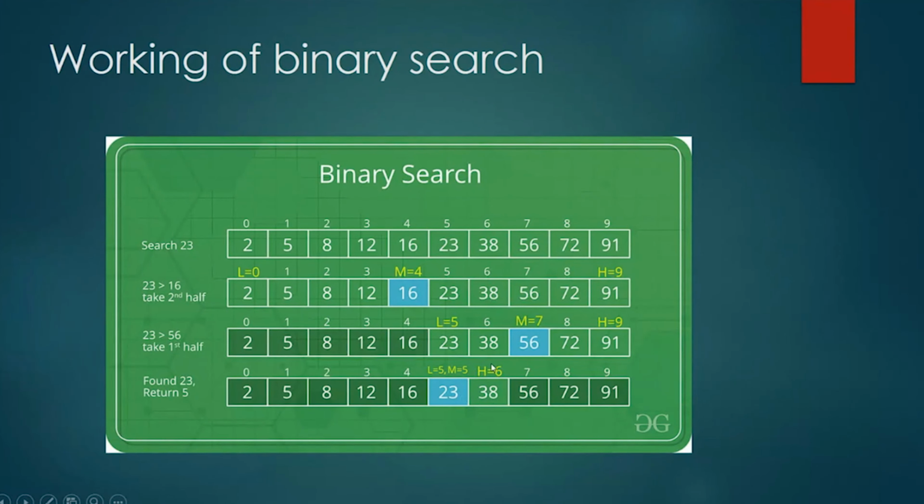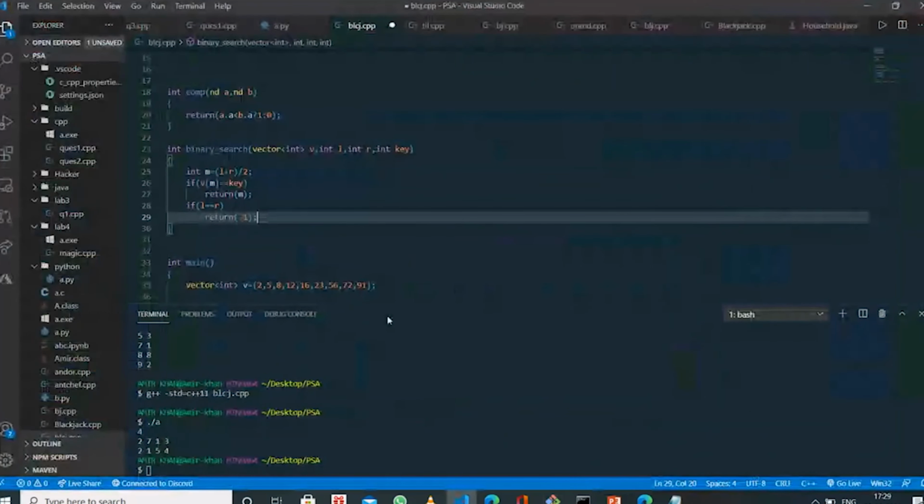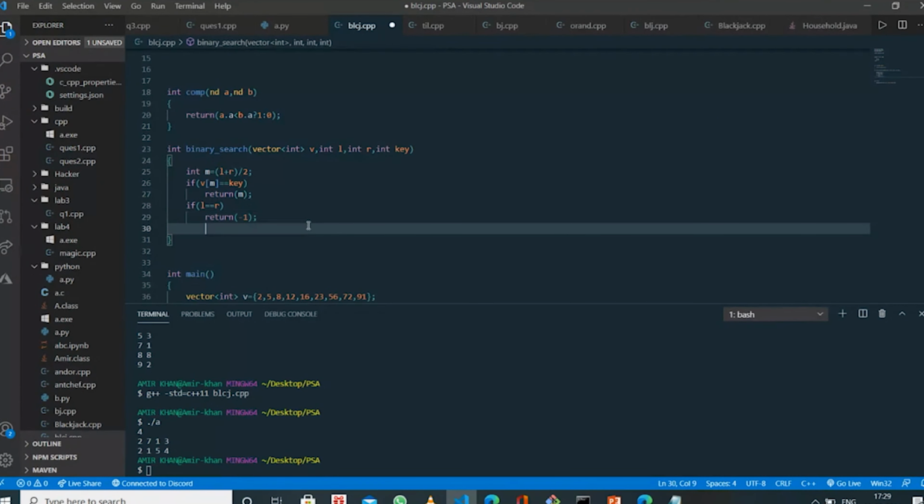So when we compare with 28, first we have to calculate the middle index. So what will be (6 plus 6) by 2? It will be 6 only. Okay, L is equal to R, meaning our left and right indexes are equal. And again we compare whether this value is equal to 24. It's not equal, so we simply return -1. That was the idea. So I am writing the condition for when L is equal to R, and this will be checked after the previous condition. If it is satisfied, it will return -1.